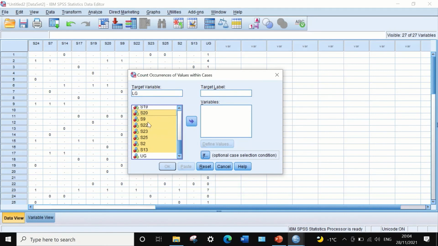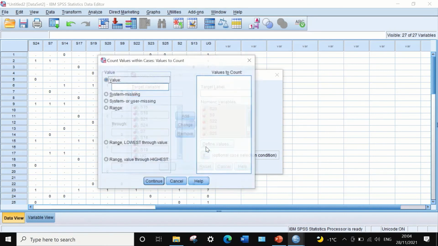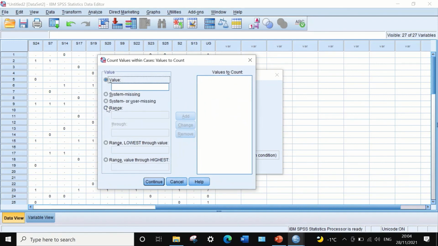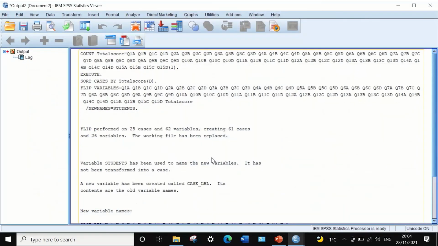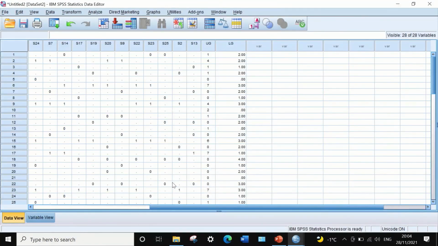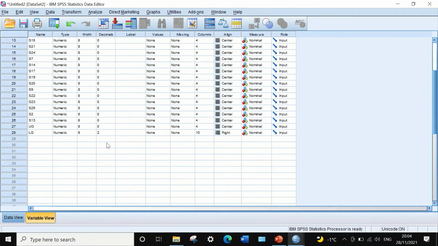Drag them into the variables, and then in define values, click on range, insert a 0 and then insert 1, and then click on add, and then click on continue, and then click on OK. And again another variable is generated on the right hand side here. Going to do a few edits again, reducing the decimal to 0, the width to 4, and